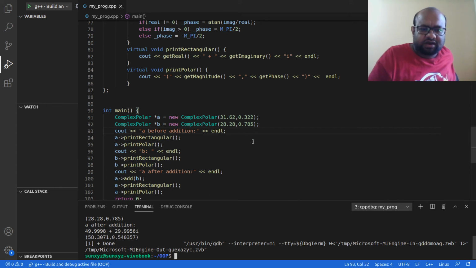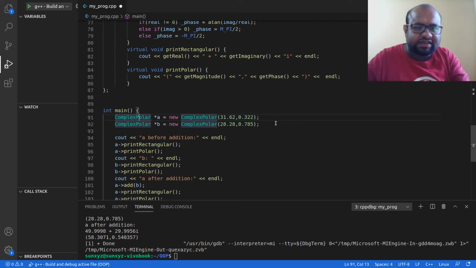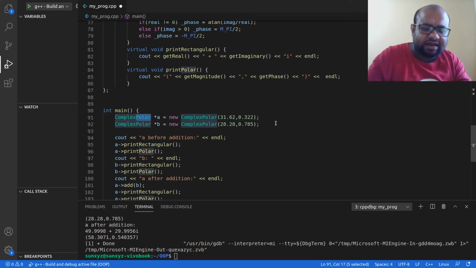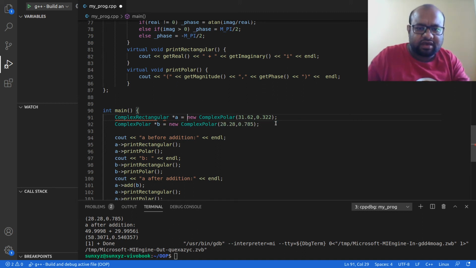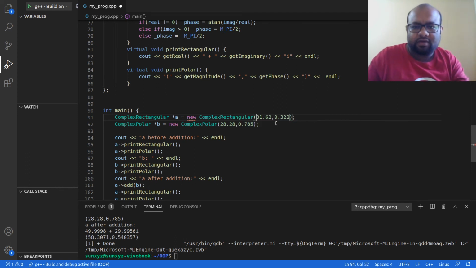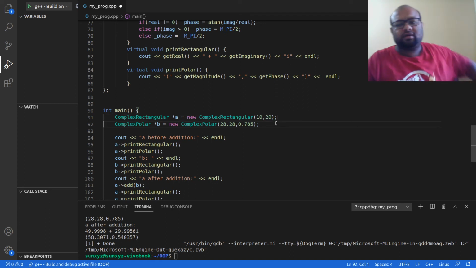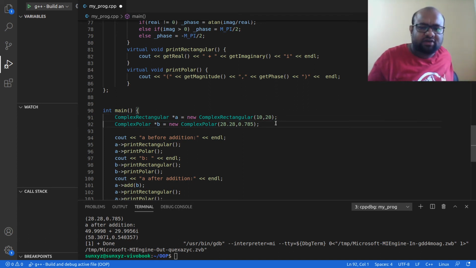Now let us carry on the experimentation. Let us do one thing. Instead of complex polar, I can write complex rectangular, and I have complex rectangular in here. Let me write 10 plus 20i. Okay, so this is complex rectangular.